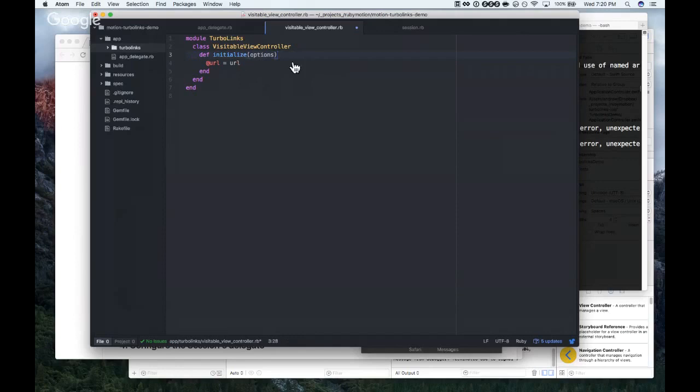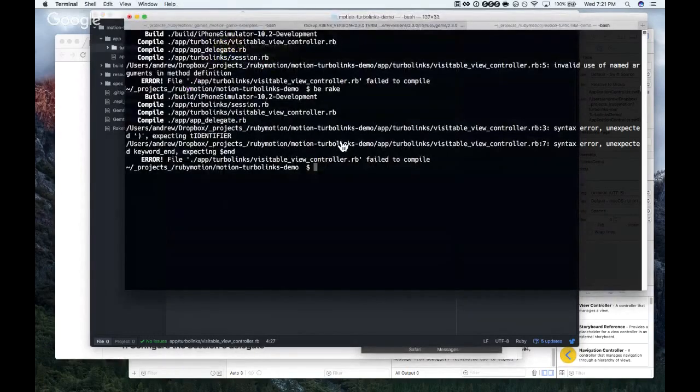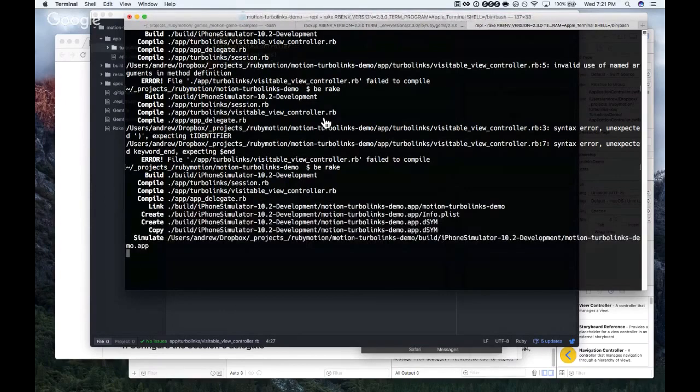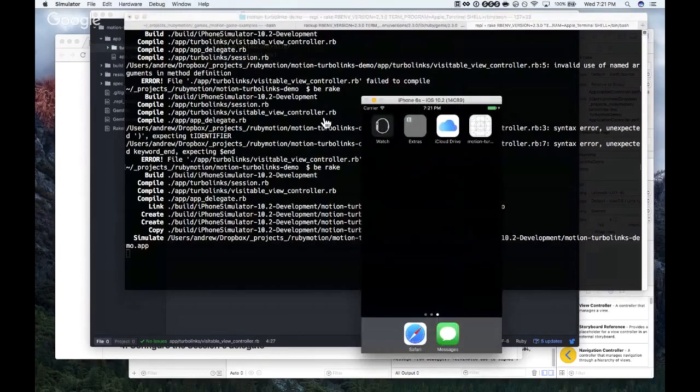So instead, this is going to be options URL, and I think that's fine for now. I thought the conversion of the options into an array was a Rails trick, but okay.